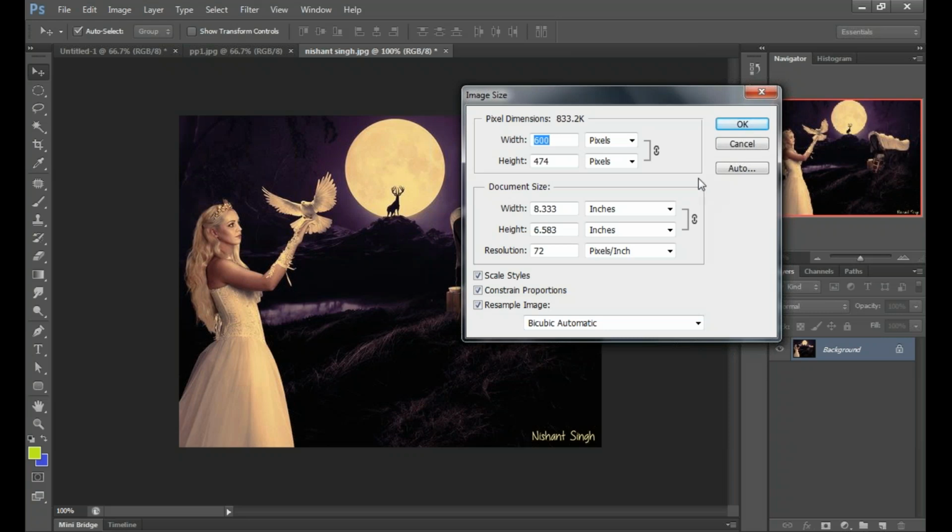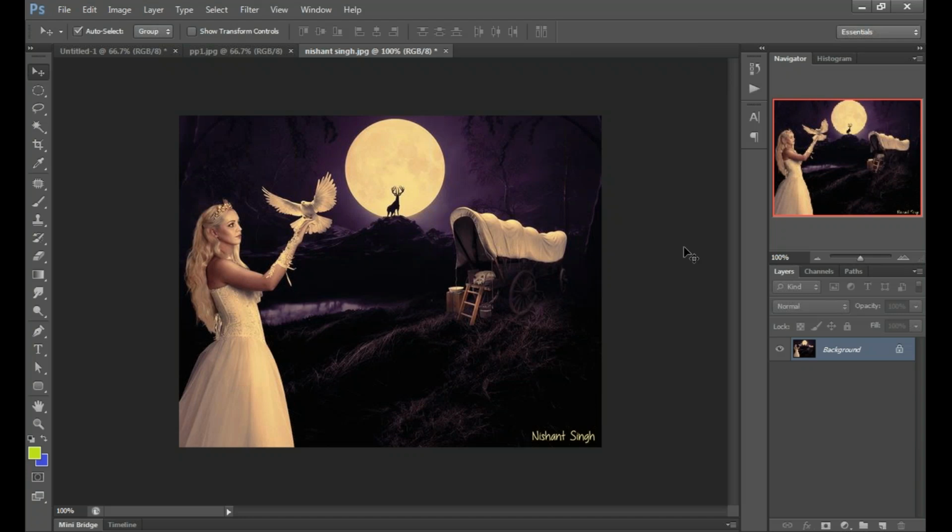Exactly. If we resize our image in the starting phase, we can't edit the image very easily. If we have more pixels at the time of editing, we can edit it better, or we will get the best quality of that image. If we have a small image, we can't do perfect work with that.